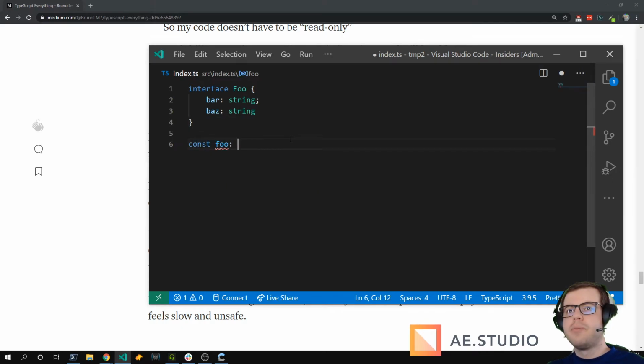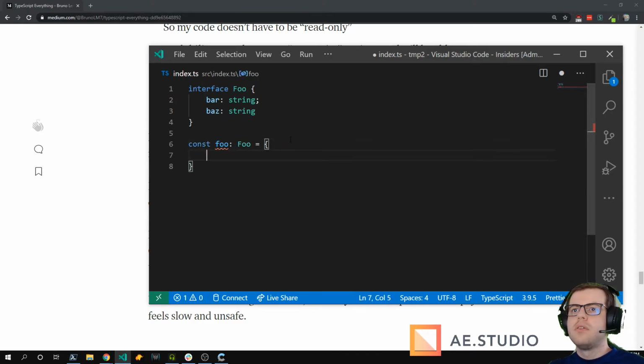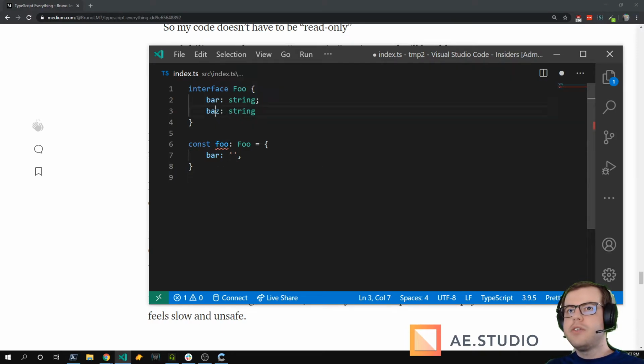If I have a variable foo of type foo that receives var, it gives me an error because it says that boss is not optional.